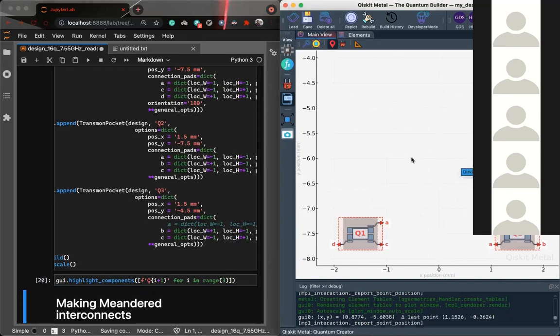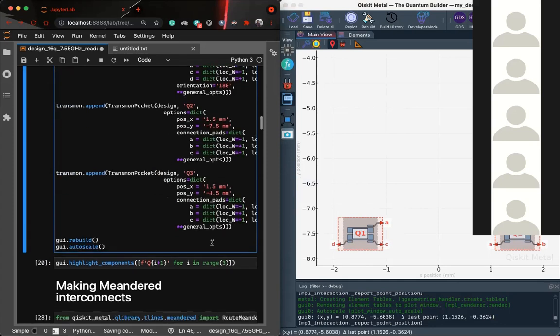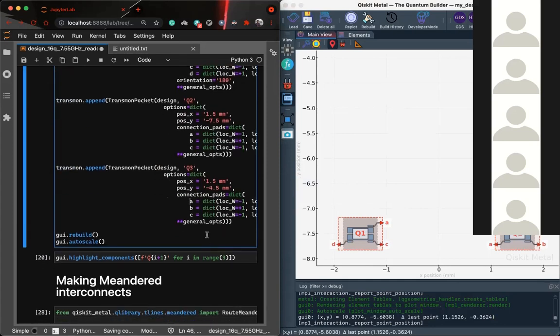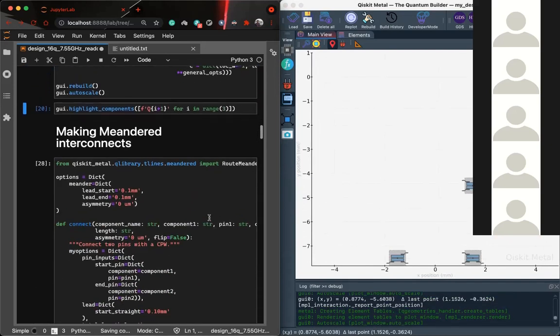All these things are editable, so you can write code to edit your design. I'll render this back here, and that was regarding transmon.